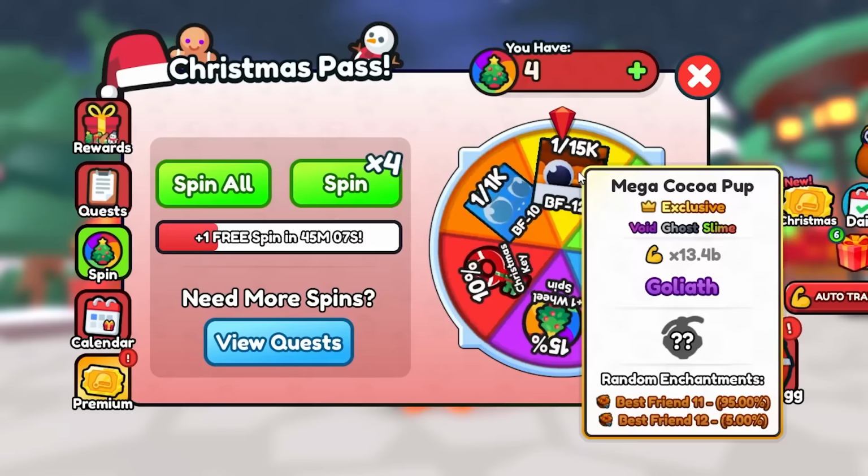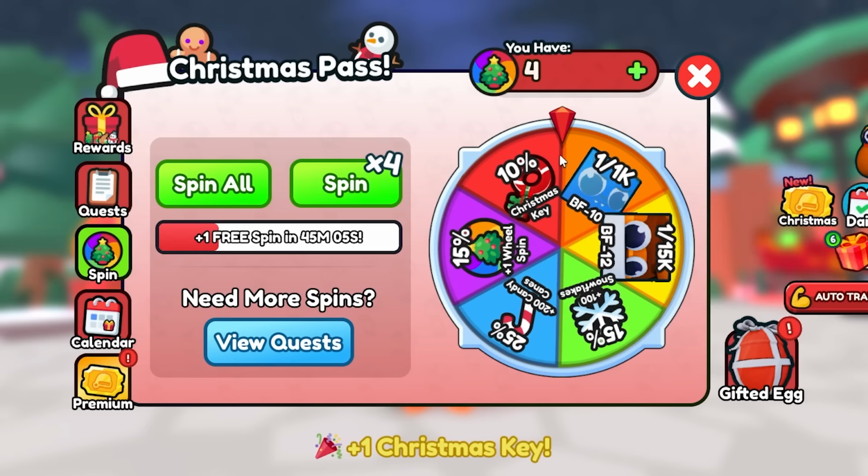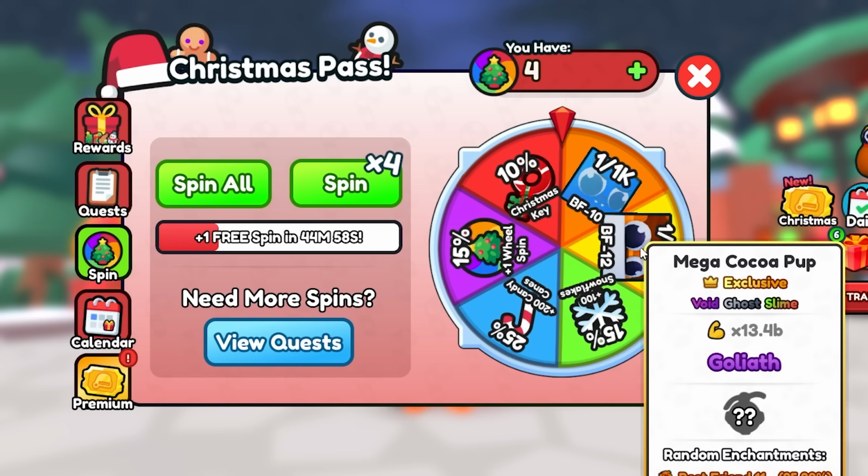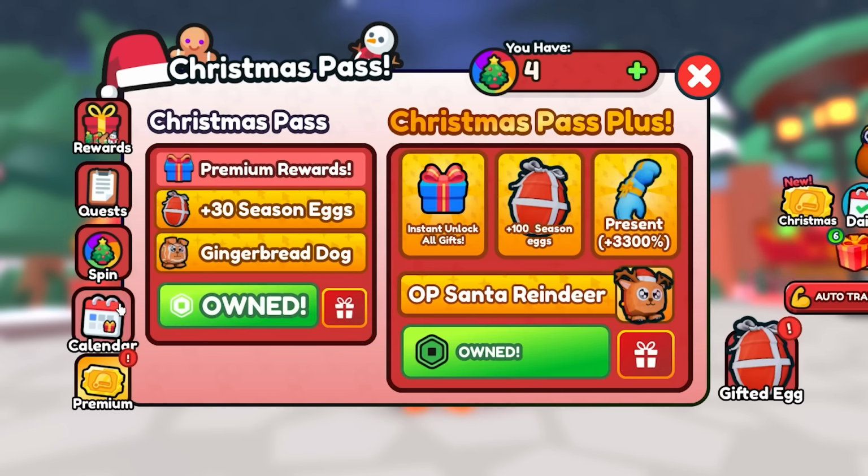I will say the keys are pretty sweet. We've been able to, oh my, what? That is crazy. Landing right in the middle. It doesn't give me the best friend 10. Okay. I would love to know how many ice dragons and cocoa pups exist, because I have to imagine it's